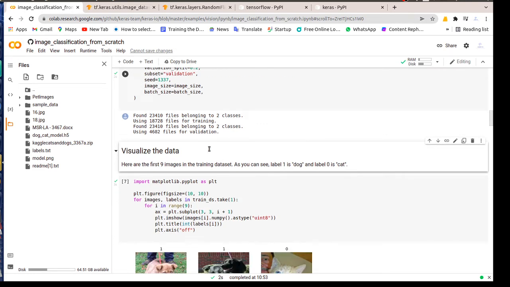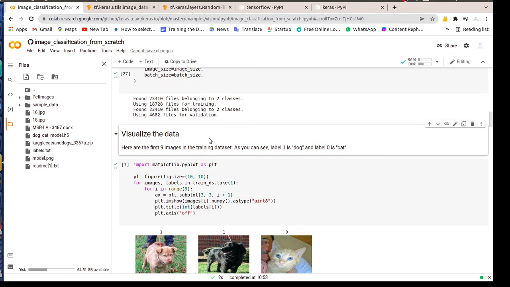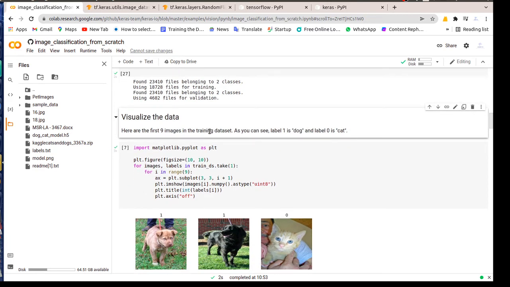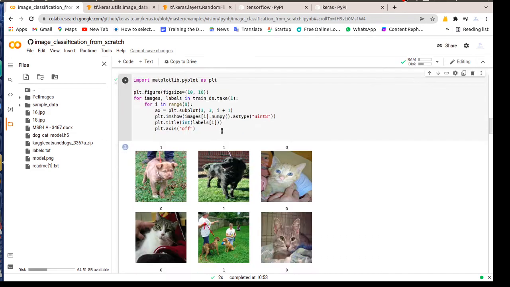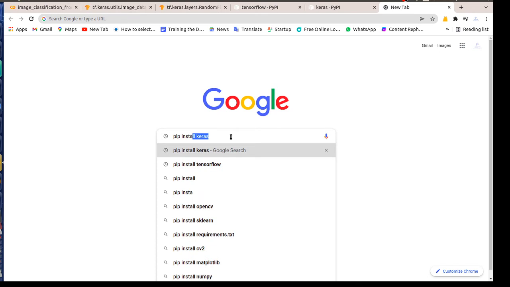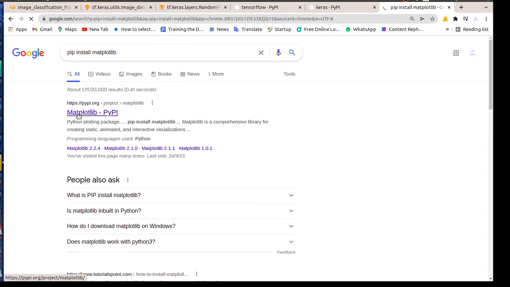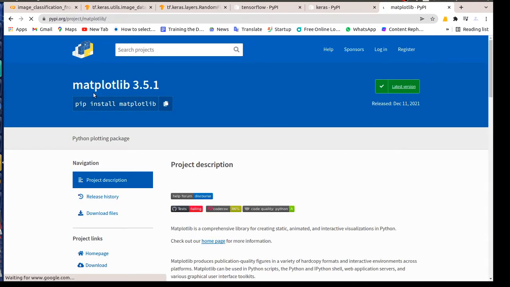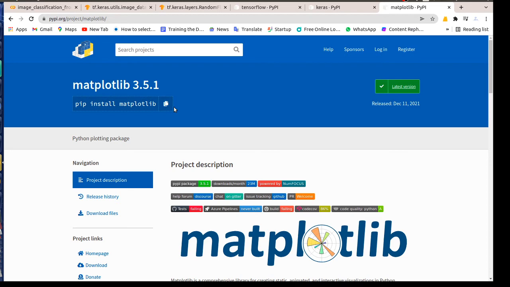Visualize that. In the above code, we converted our images into arrays. Now we need to check whether we converted them properly or not. To visualize that, we are just plotting a few of them using matplotlib. If you didn't install matplotlib, use this link to install it, which is used to plot graphs.